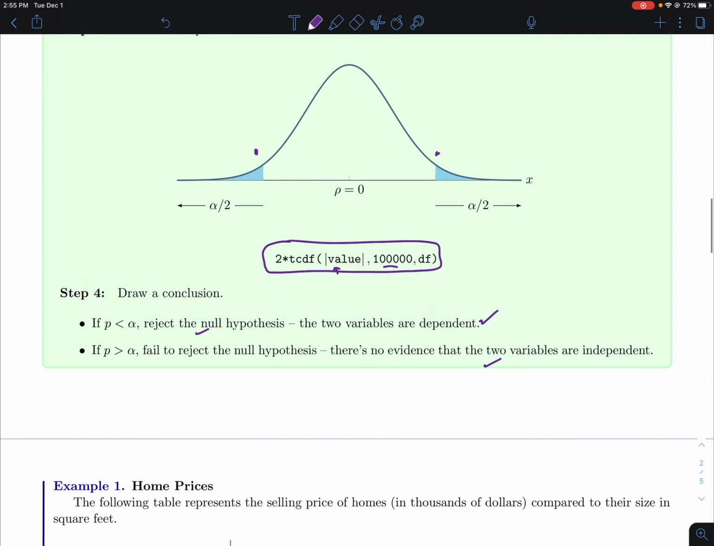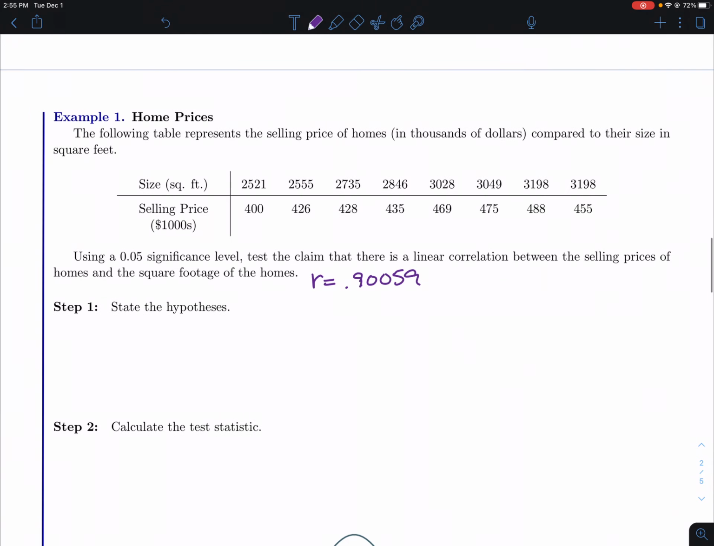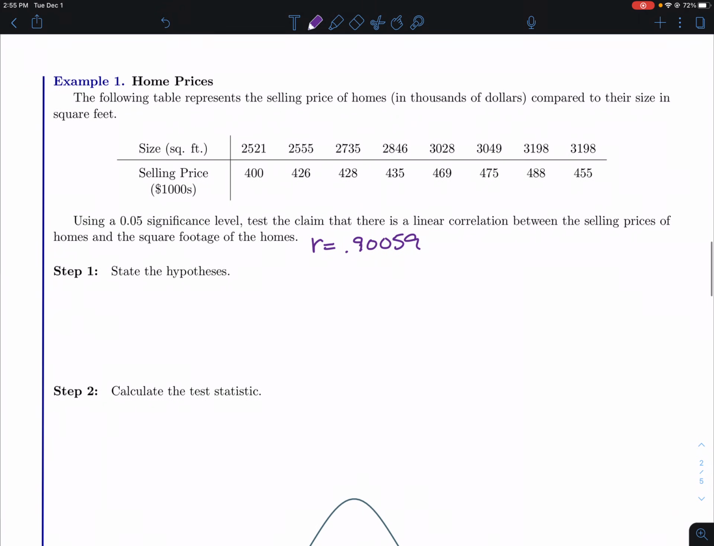It's not going to make good predictions, which is what we're really interested in for a regression line. All right, so let's take a look at an example. Again, these are the same examples we've been working on throughout the whole section. This is the home price one. So using an alpha of 0.05 significance level,